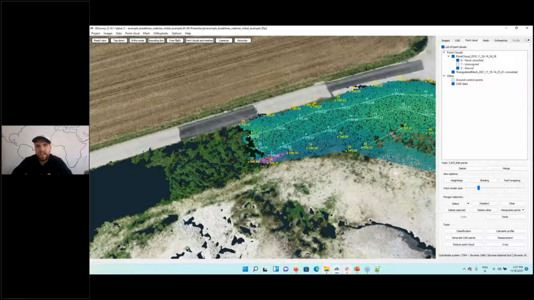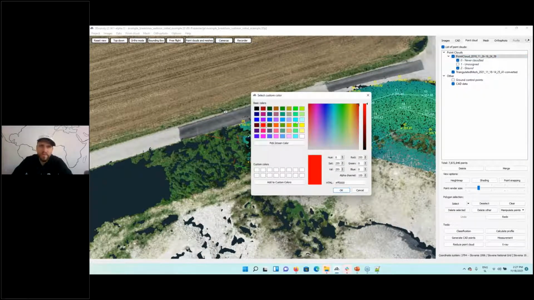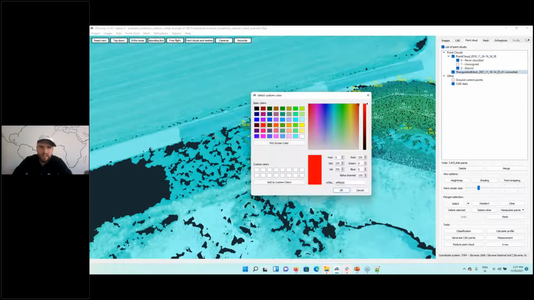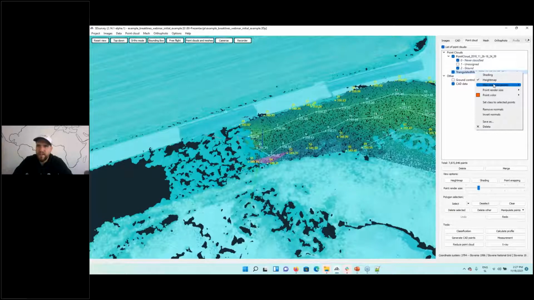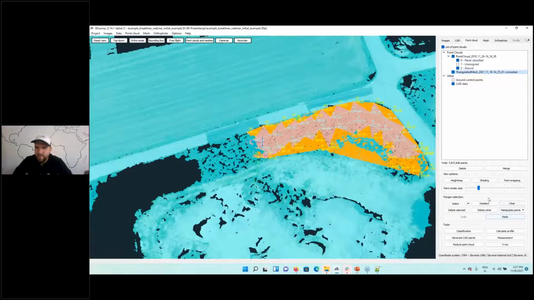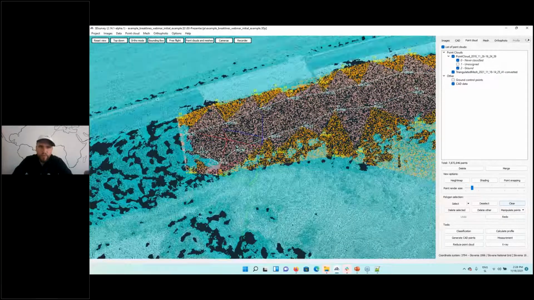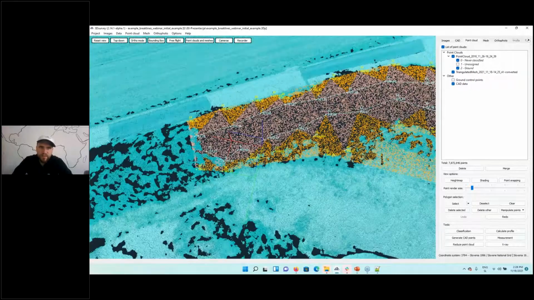And actually, in this case, it will be helpful if we set custom colors to our point clouds. So for example, we will set the color of our photogrammetric point cloud to, let's say, light blue, okay. And we will set the color of our triangulated mesh to light red, which, okay, orange. And turn off the height map like that. Clear, and now we will use the select tool to delete the